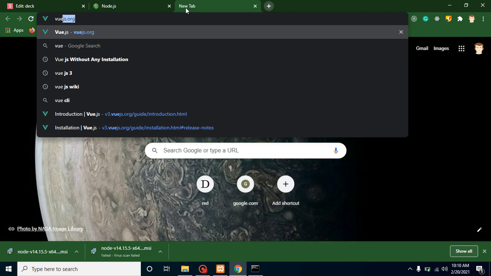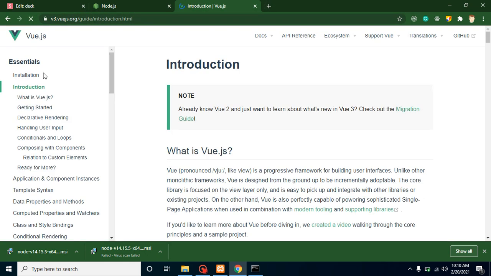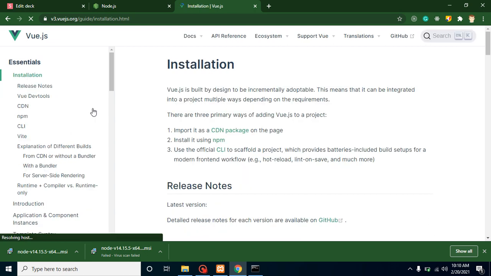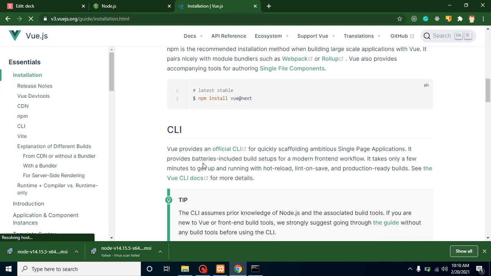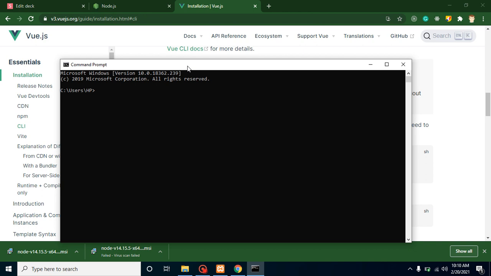Right here, introduction, so that we can jump quickly to the installation also. And here you can see the command for installing Vue CLI, right? Here you will find npm install -g. -g means global, so we can install it in any folder. It will automatically install in our complete system, that means globally, right? So don't worry about any folder, you can install it anywhere, right?